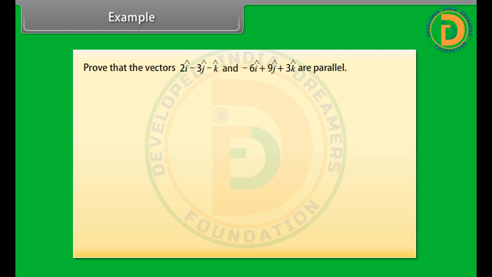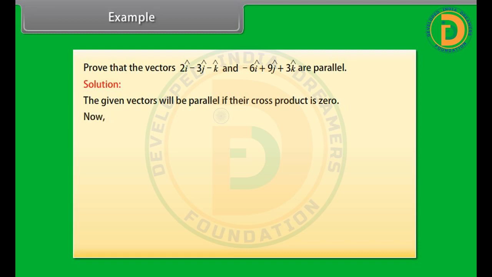Example: prove that the vectors 2i cap minus 3j cap minus k cap and minus 6i cap plus 9j cap plus 3k cap are parallel. Solution: the given vectors will be parallel if the cross product is 0. Now, (2i cap minus 3j cap minus k cap) cross (minus 6i cap plus 9j cap